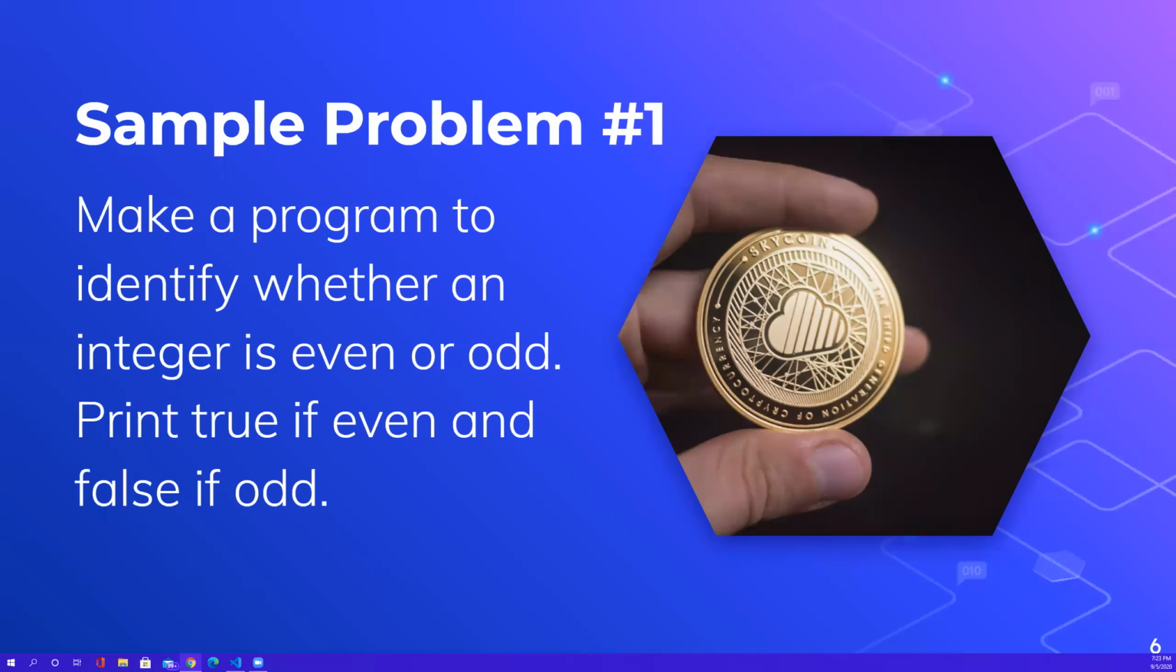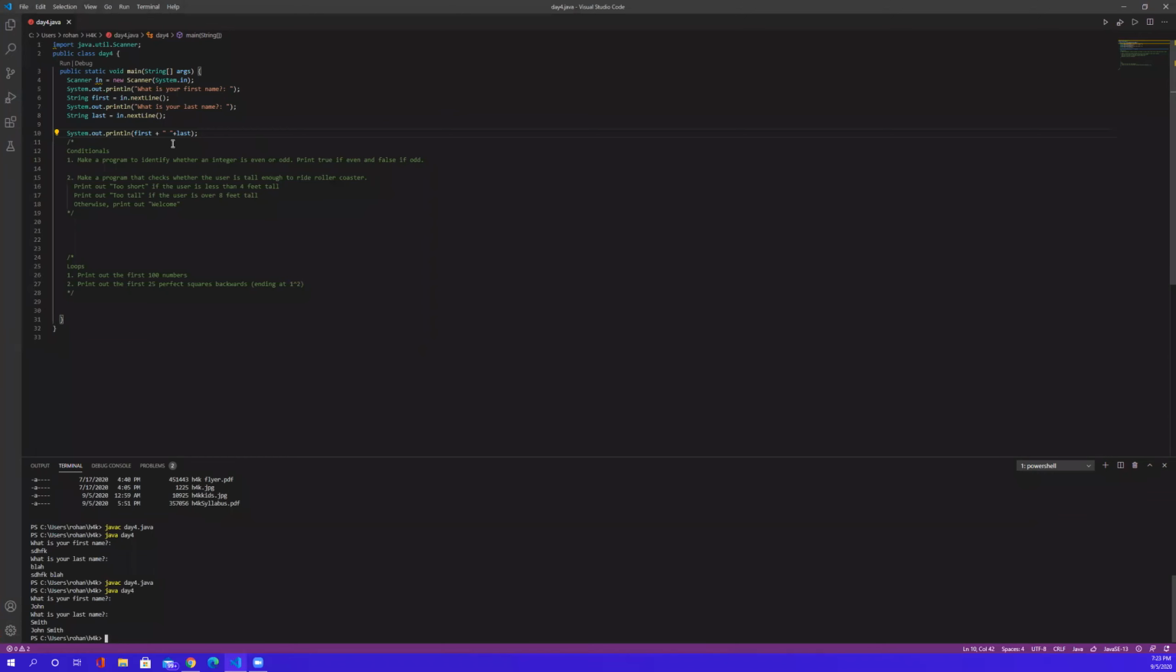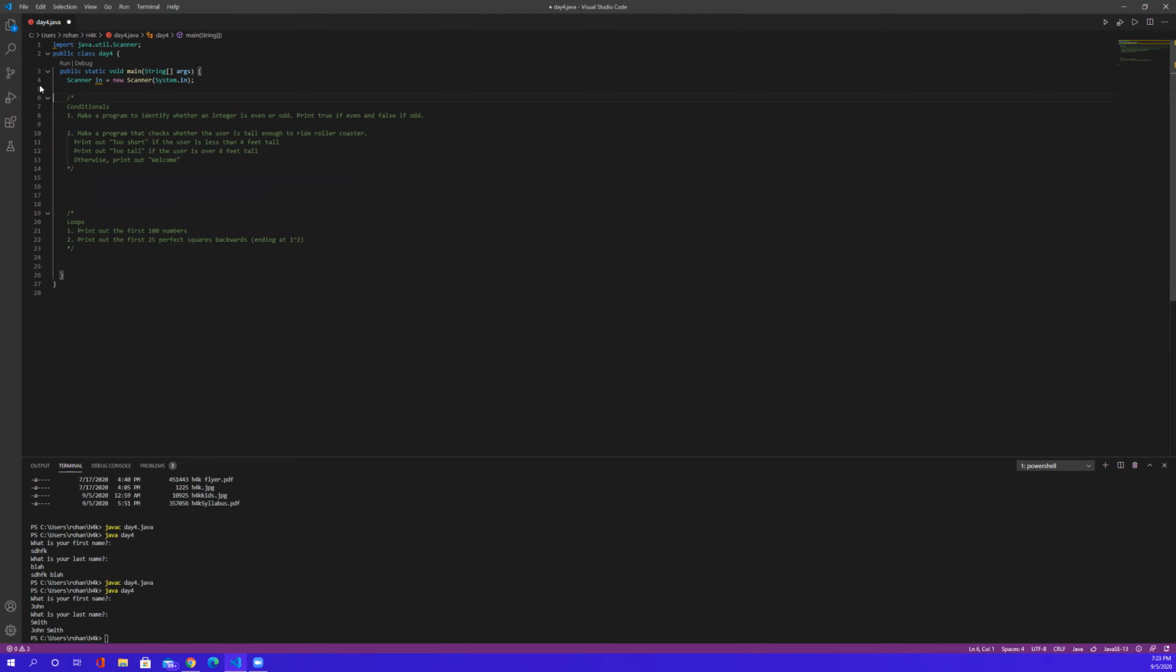So we're going to make a program to identify whether an integer is even or odd. We'll print true if it's even and false if odd. We did this program earlier, but we didn't use if-else statements, and we'll do that right now. So we don't need this. First, the program is on, the prompt is on line 10. So now we can start. We're going to get an integer from the user, int x equals in.nextInt,